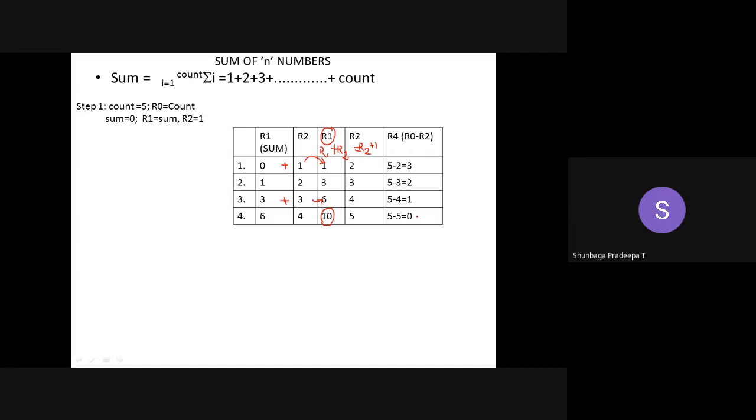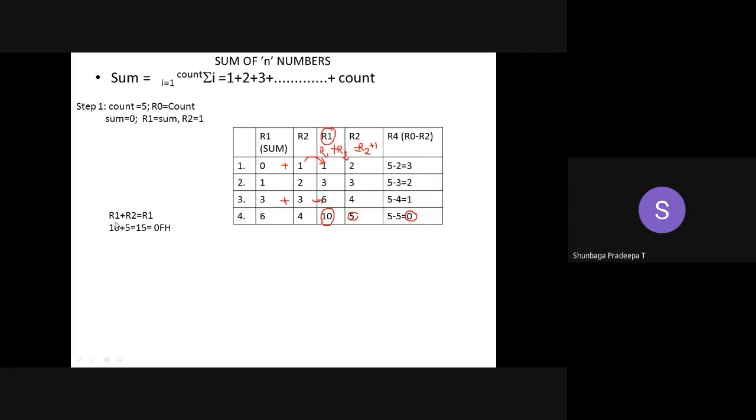And the result is now 0. So what you have reached, you have added 4 numbers, but you have reached 0. Still you have not added this 5. So what you have to do, you have to add after the branch one more addition, because you have to add the last digit also. The count is also to be added.